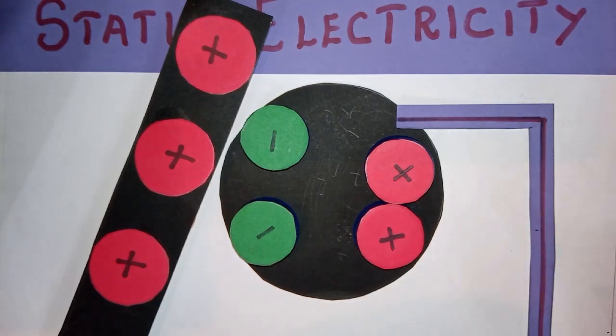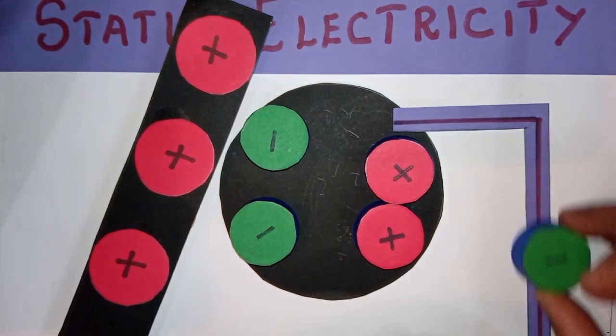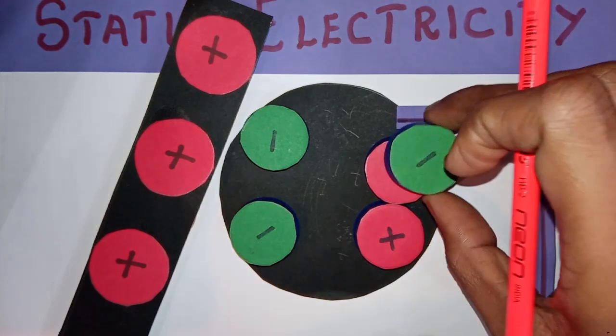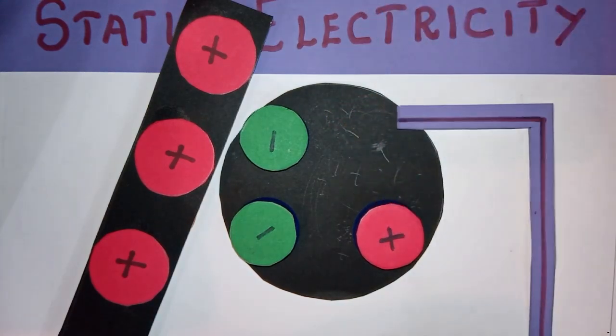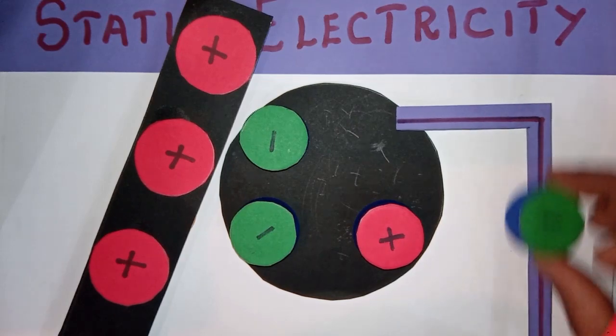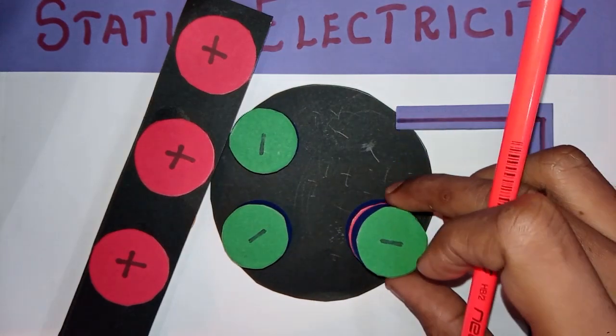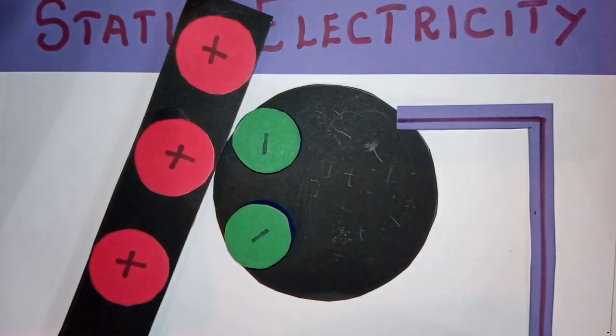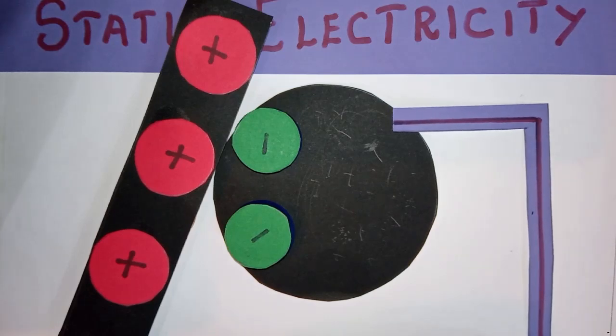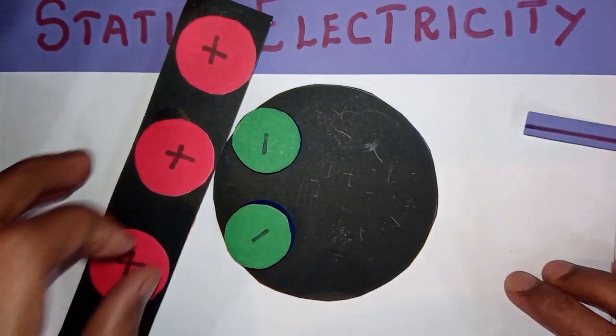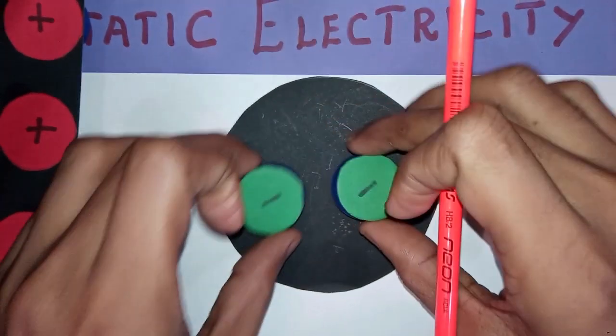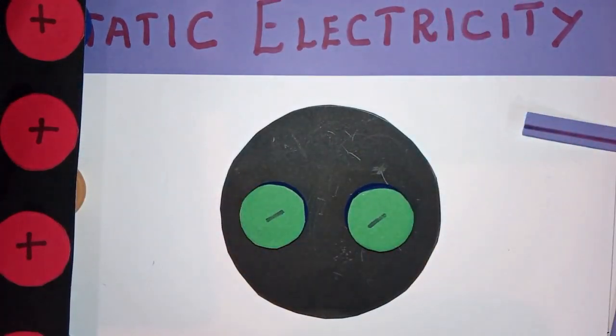But from the ground, electrons will move and make this neutral. From the ground, electrons will move here and it makes this neutral. Then remove the earth and this rod, and it will be negatively charged. Repeating,